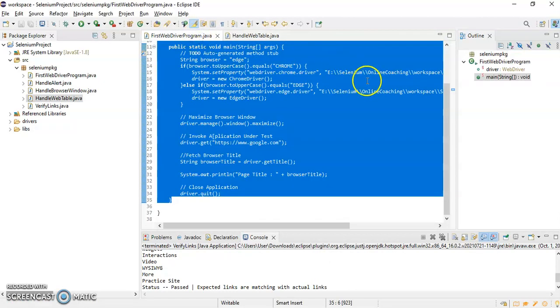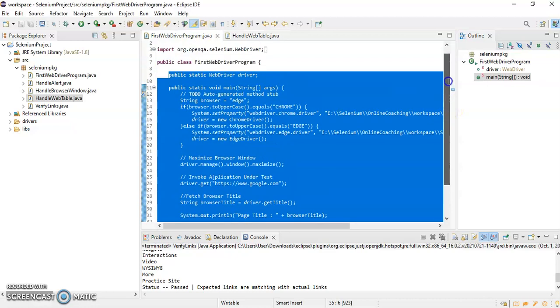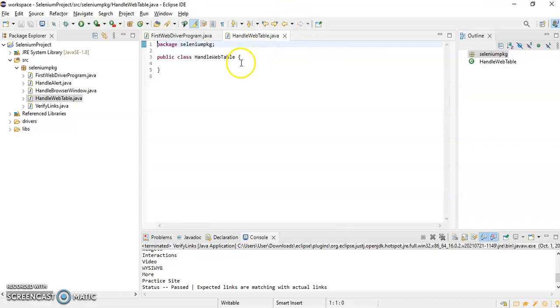As usual, I am going to copy the code from our first script. Basically this script is for opening any browser and for invoking the application under test. I'll just paste it over here.